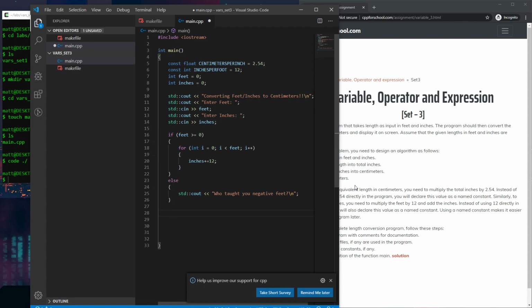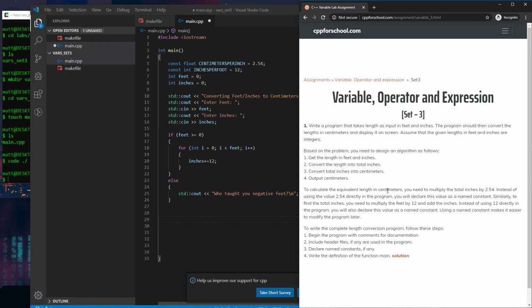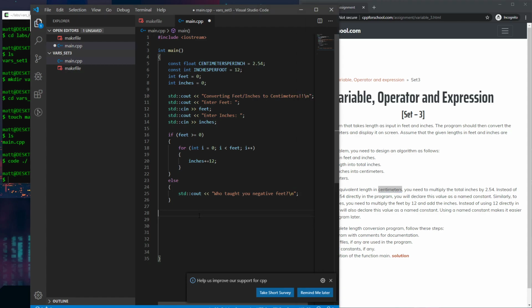And next, we just wanted to go ahead and do the conversion. So after this, we will have it all in inches. And down here below, we can go ahead and just convert that straight into centimeters. Excuse me. And to do that, well, you probably have already figured it out. We could just declare a float called final centimeters. I'll make it a little more explicit. Final centimeters equals, and this of course is going to be inches times